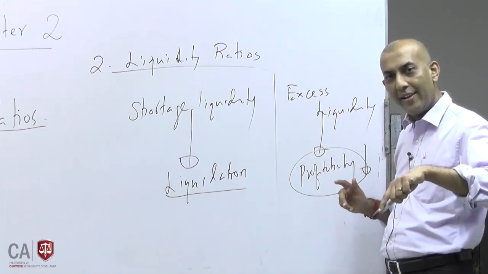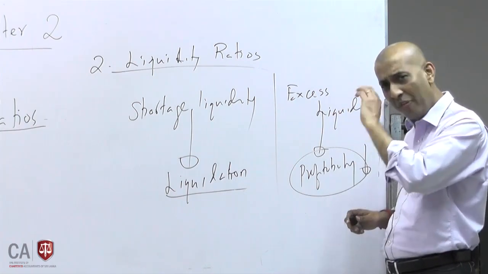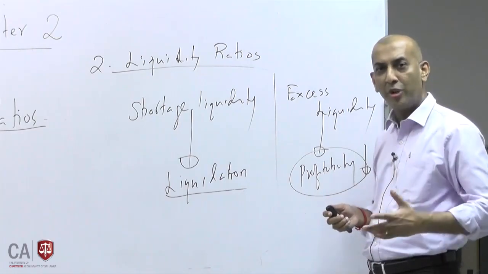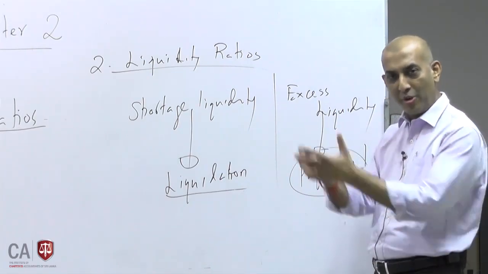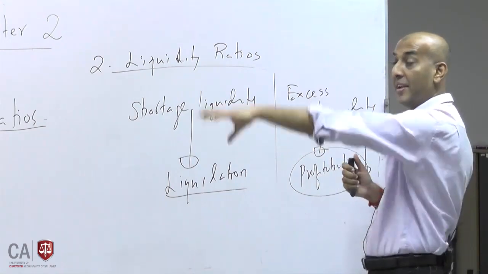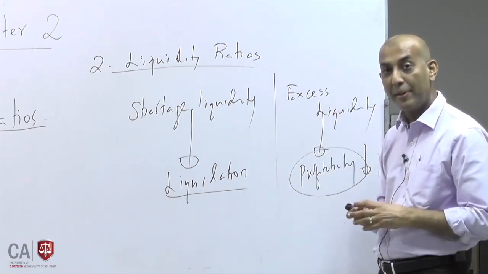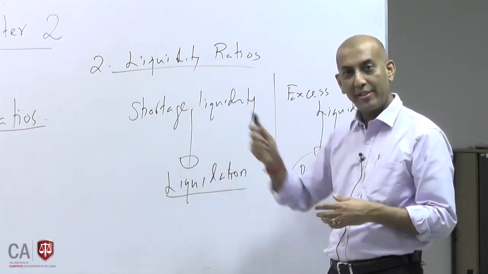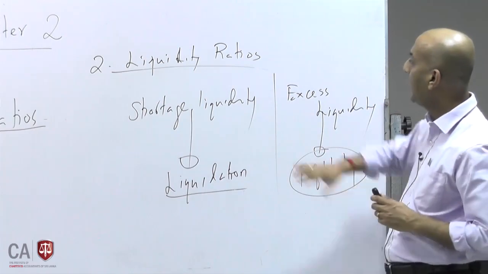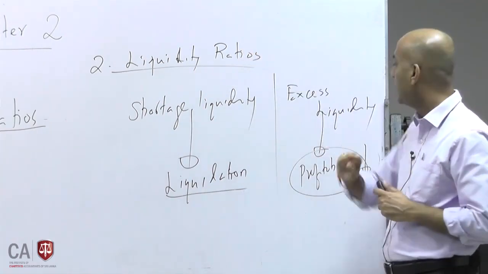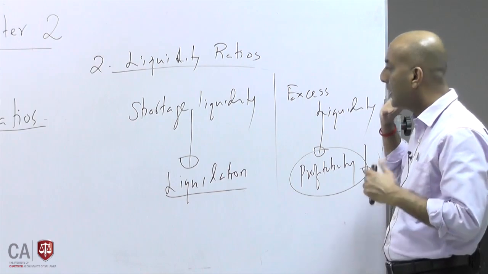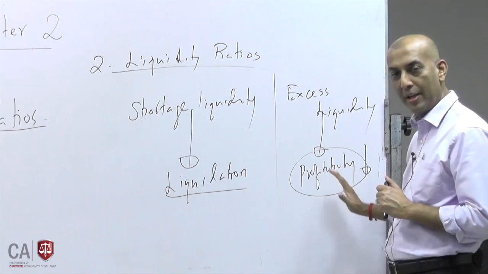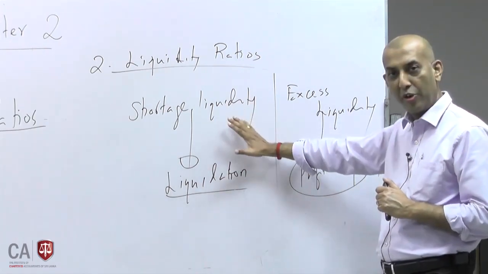But on the other hand, you may have a profitable company but no cash. Accounting standards may allow you to recognize revenue, and you have recognized revenue, so your profits are there, but your cash is tied up in debtors. Debtors have not paid the money. So what happens? You have a serious liquidity problem and you may have to face the music. So please understand that liquidity ratios are very important; they show you whether you have a serious problem or a manageable problem. Excess liquidity can be manageable; the serious problem is shortage of liquidity.